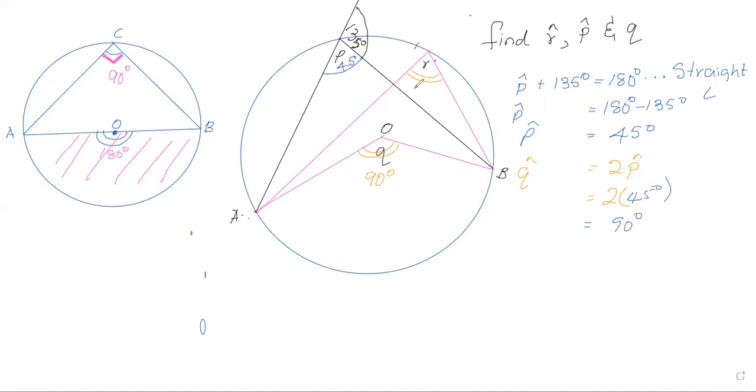Therefore, angle R is half of angle Q, which is half of 90, which is equal to 45 degrees. Now, if angle R is equal to 45 degrees,